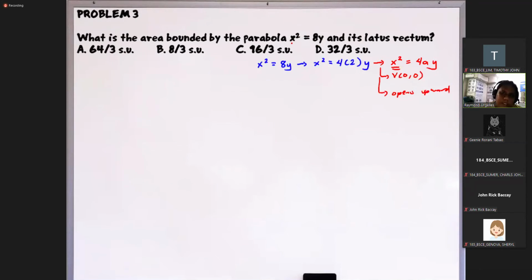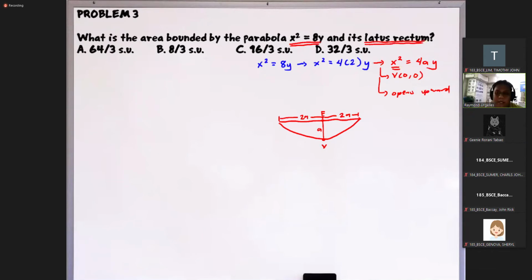Diba? So ano ba yung points of intersection natin? So that should satisfy this equation kasi dapat nandun siya sa parabola. And also, it should satisfy the equation for the latus rectum. So nasaan ba yung latus rectum natin? So if you know properties of parabola, kung ito yung vertex, ito yung focus. Yung layo ng focus natin from the vertex is A. Then yung layo mula dito sa latus rectum hanggang sa focus is 2A, so then this is also 2A. Okay? Lagi nyo itong tatandaan pagdating sa parabola.